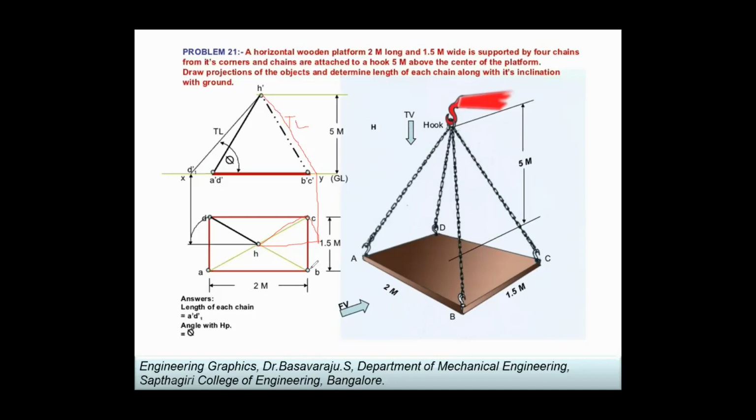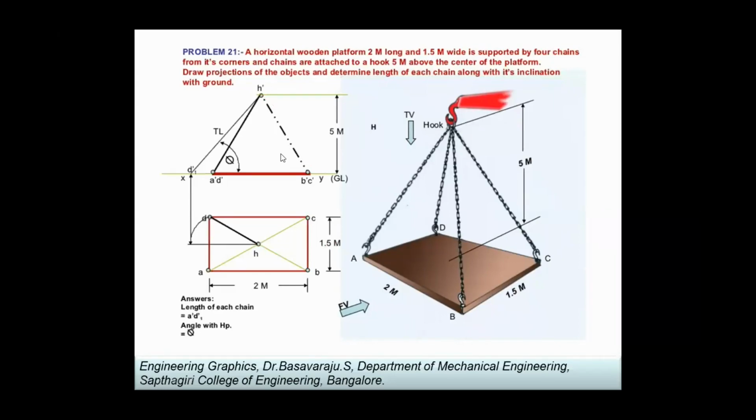So that is also a correct solution. Even if you take HB, rotate it till here, bring it here and then draw the line, that is also correct. If you rotate any one of the four lines in this condition and make it parallel to VP, then you can find its true length. So there are four answers: one, two, three, four. All four answers are correct, and all four will get 25 out of 25 marks. That was there in the earlier case, not now. You will not be asked such problems.